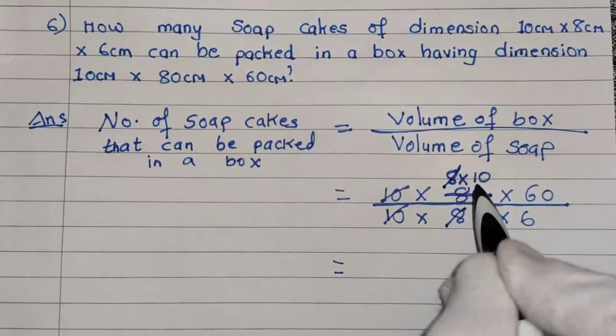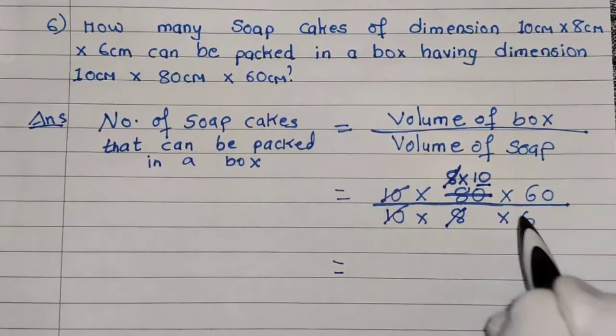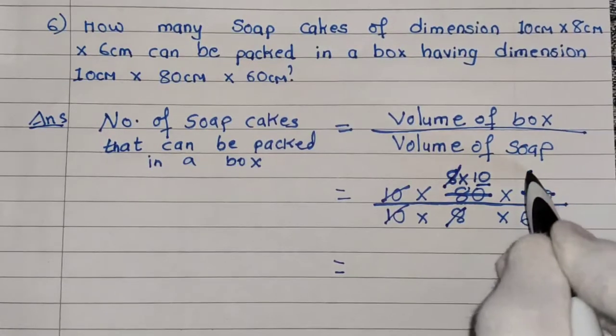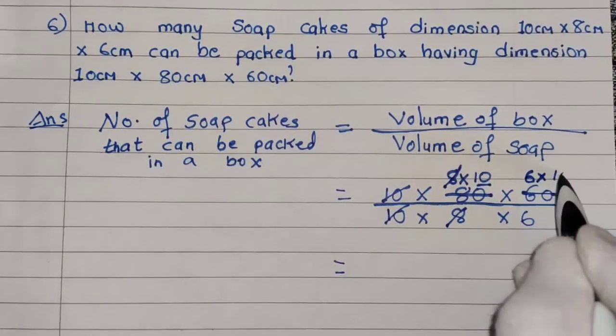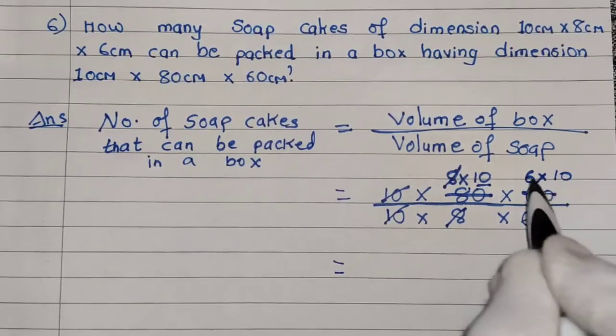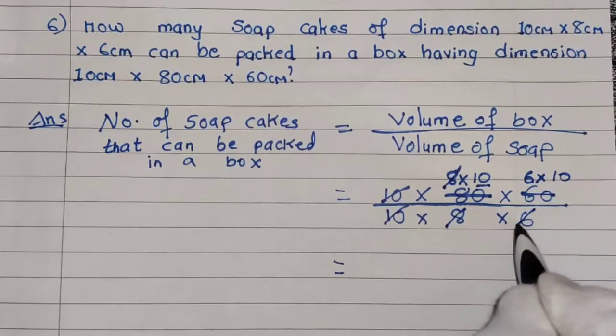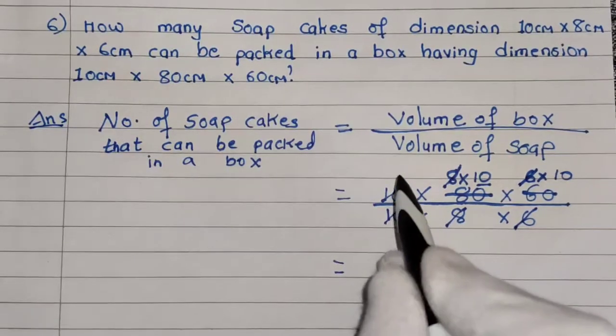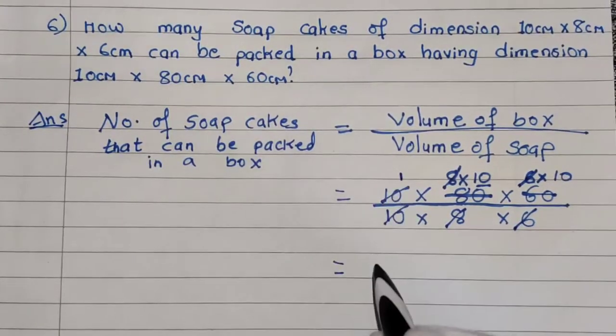See, so what is left? Only 10 is left. Now here also we can write, see below 6 number is there. So what you are going to write? 6 tens are 60. In the place of 60 we are going to write 6 multiply by 10. So 6 and 6 will get cancelled. Now what is left here? Here nothing is there, so we are going to write 1, the sign of multiplication.